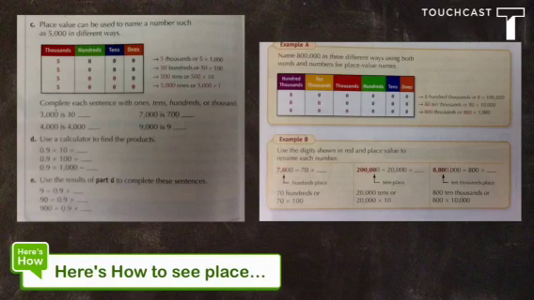Okay, so 3,000 is 300. What would that be? It would be 30 hundreds. Okay, and so how do you know it's 30 hundreds? Well, it would be the same thing as saying 30 times 100. Okay, and the other way to think about it is all of the zeros should equal the original number that